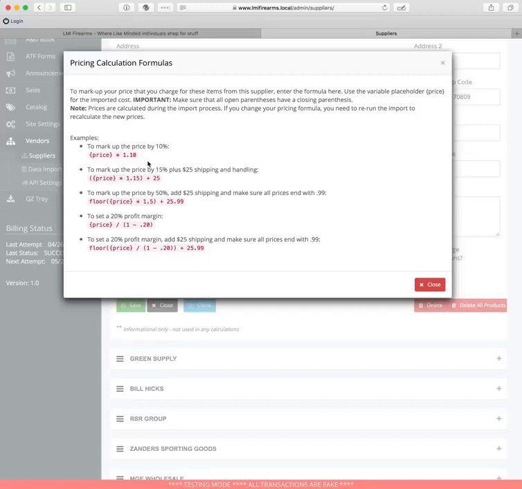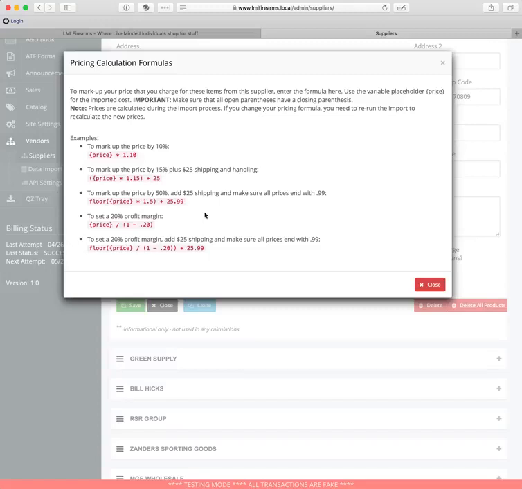If you wanted to combine, you can get real tricky with this. There's a special function called floor, which basically always rounds down to the nearest dollar. Even if it's $1.95, it'll be $1. Okay. So what this particular type of calculation does, if you want all of your prices to end in .99,